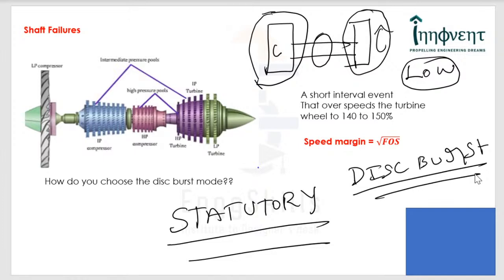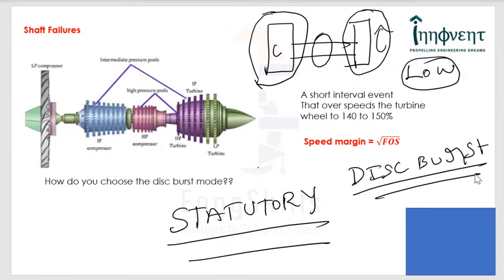These are two aspects that can in fact slow down the turbine wheel, but this requires very costly sensors and actuators, because it has to be achieved in the shortest possible time, because as I said, it's a very short interval phenomenon. So you have to be very careful while dealing with it. Either you can use reliability data, or you can use test data in order to ensure that the disk does not burst.